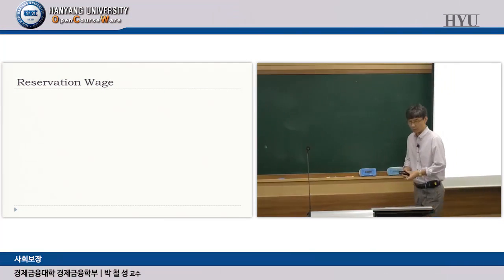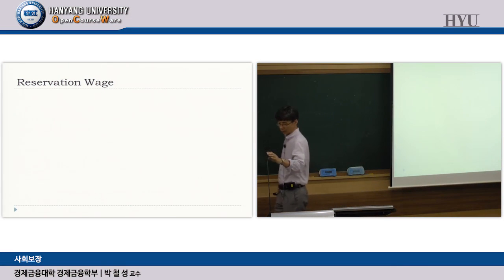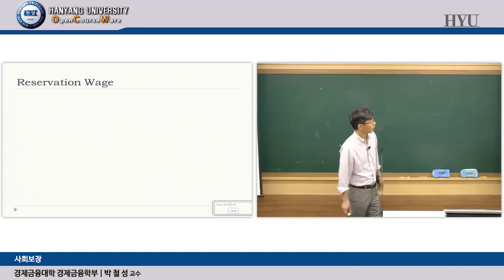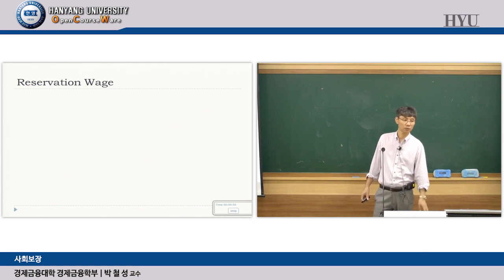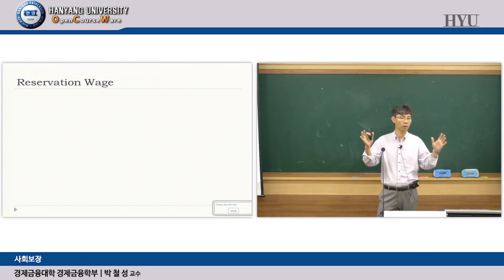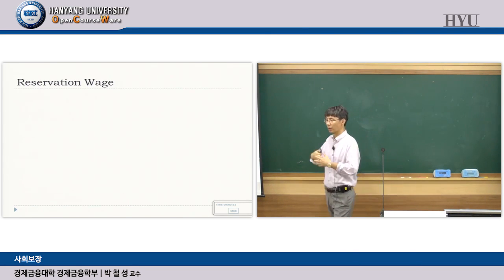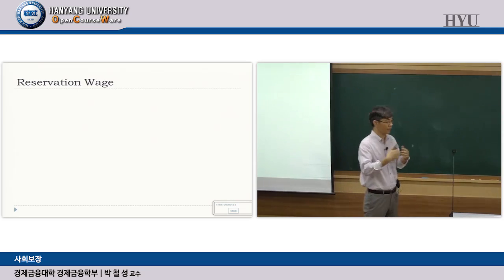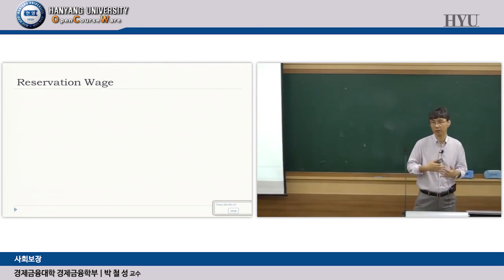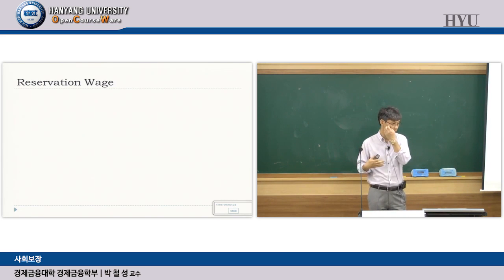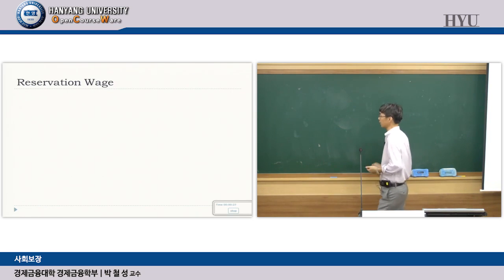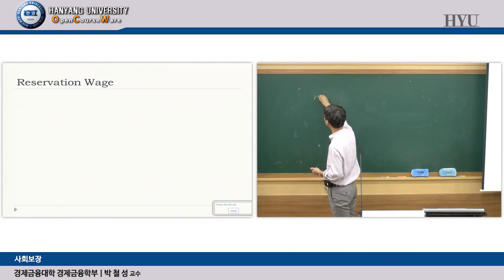Okay, so yesterday we studied the model of labor supply, and what we were concerned with yesterday was how to determine the hours of working. You know the hours of working, how it changes, for example, when the non-labor income increases or decreases, and how it changes when the wage rate goes up or goes down, right? That's what we have studied yesterday, right? And if we summarize it, basically, if the non-labor income